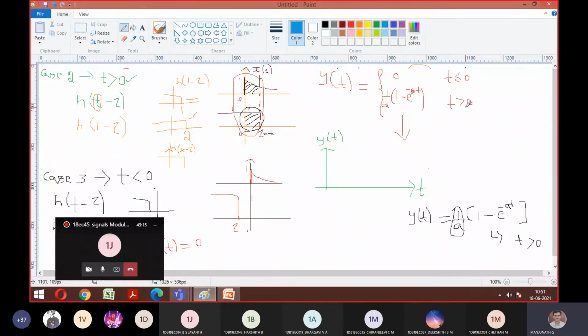Yes, guys, we know that t greater than 0 means the waveform should come toward the right-hand side. That is an indication. So you need to put values of t greater than 0 and values of a. In the question, they have given a is greater than 0. Do you remember? So keep giving the value of a is equal to 1. What is the answer for a is equal to 1 and corresponding t is equal to 1? So it is 1 into 1 minus e power minus 1. Check this answer and tell me. What I'm trying to do is tell you how the waveform looks. What is the value?